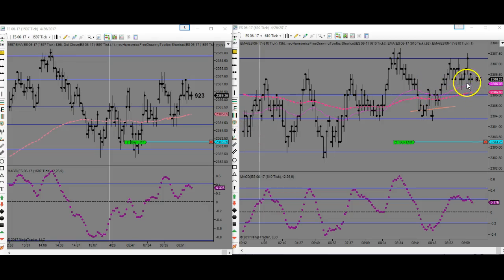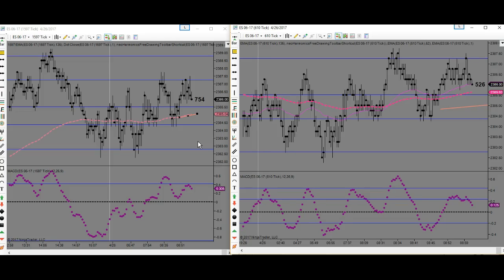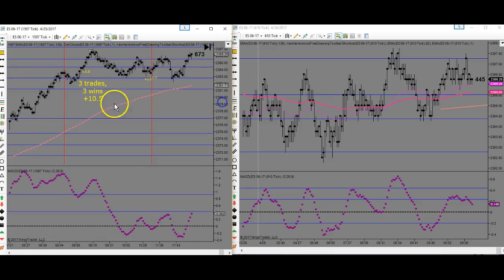So the EMAs had started to open up. They started to give us that look that we really wanted to see for continuation. They are all in line. I'm going to take this off right now. It is still working its way to the upside, but it's just struggling. It's almost like